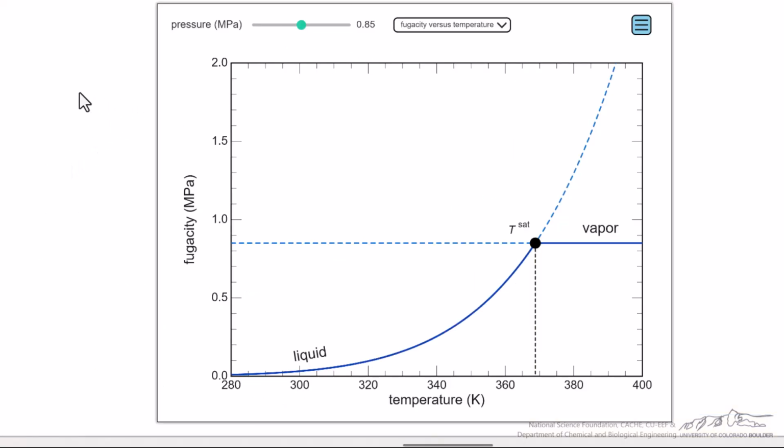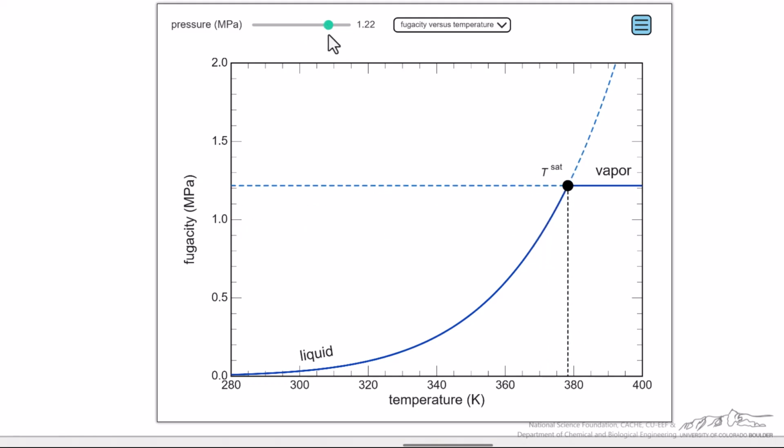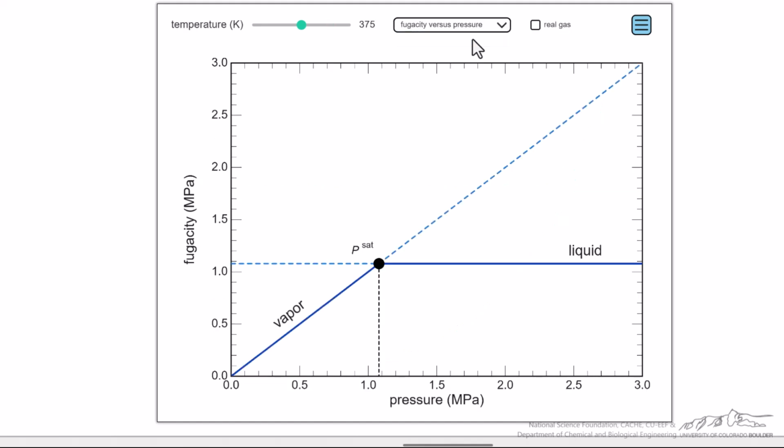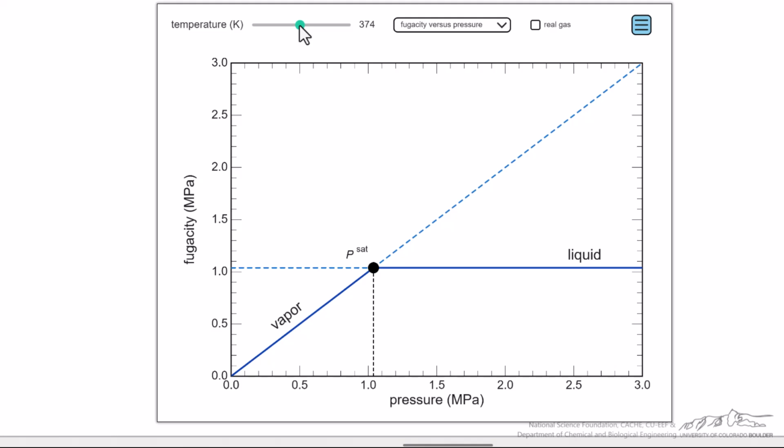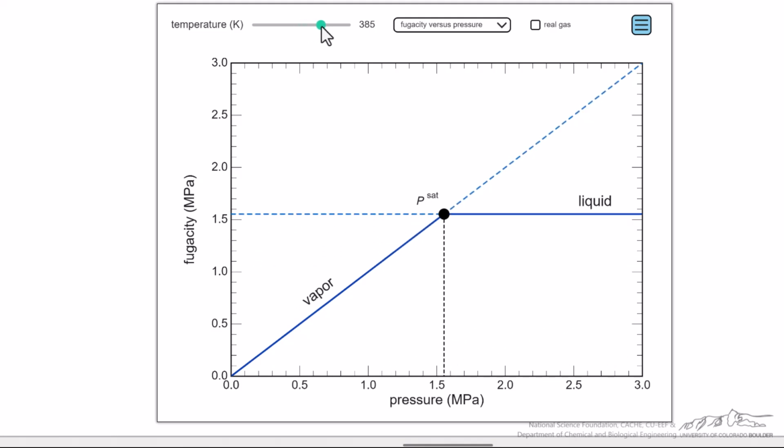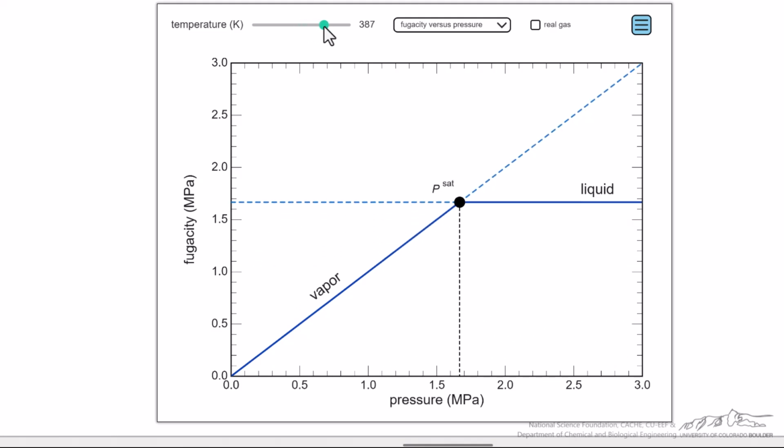Now let's look at this simulation and see how things change on these plots. So here's fugacity as a function of temperature. And this is the plot we showed at 0.85 megapascals. If I increase the pressure, then we stay liquid, of course, to higher temperature because now we increase the saturation temperature, but the graph looks very similar. If we now look at fugacity as a function of pressure, a straight line for the vapor phase, and as I increase the temperature, I'm moving to a higher pressure before we reach liquid phase